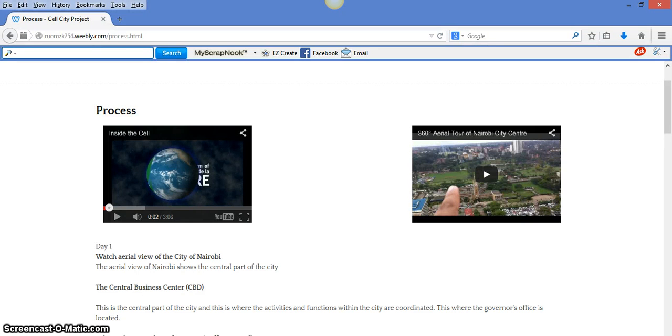Hello everybody, I would like to introduce you to the project that I gave my students, and this project was supposed to help them to be able to use technology in their activities. This was about cell structure and their function. I had already taught that, and therefore they had prior knowledge about what cell structures are and what their functions